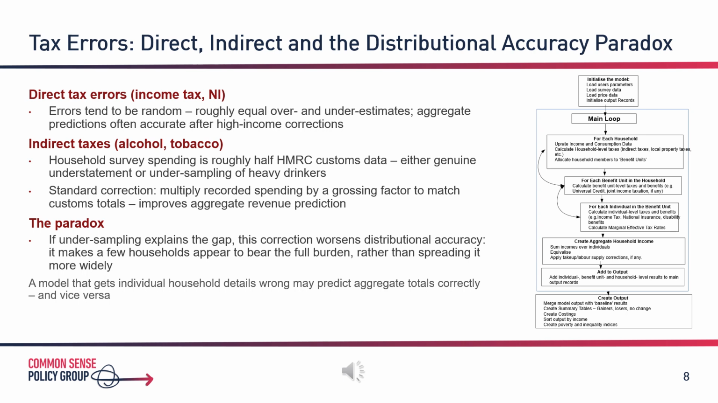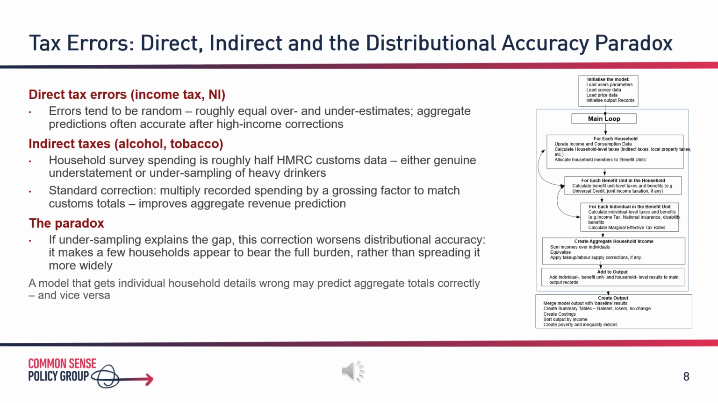This works for aggregate accuracy, but it may worsen distributional accuracy for a subtle reason. If the gap between LCF and customs data reflects genuine understatement by survey respondents, people who drink accurately report whether they drink but understate how much, then the correction, applied to everyone who reports any drinking, will produce broadly accurate distributional results. But if the gap reflects undersampling, the LCF is not interviewing enough heavy drinkers, then applying a uniform